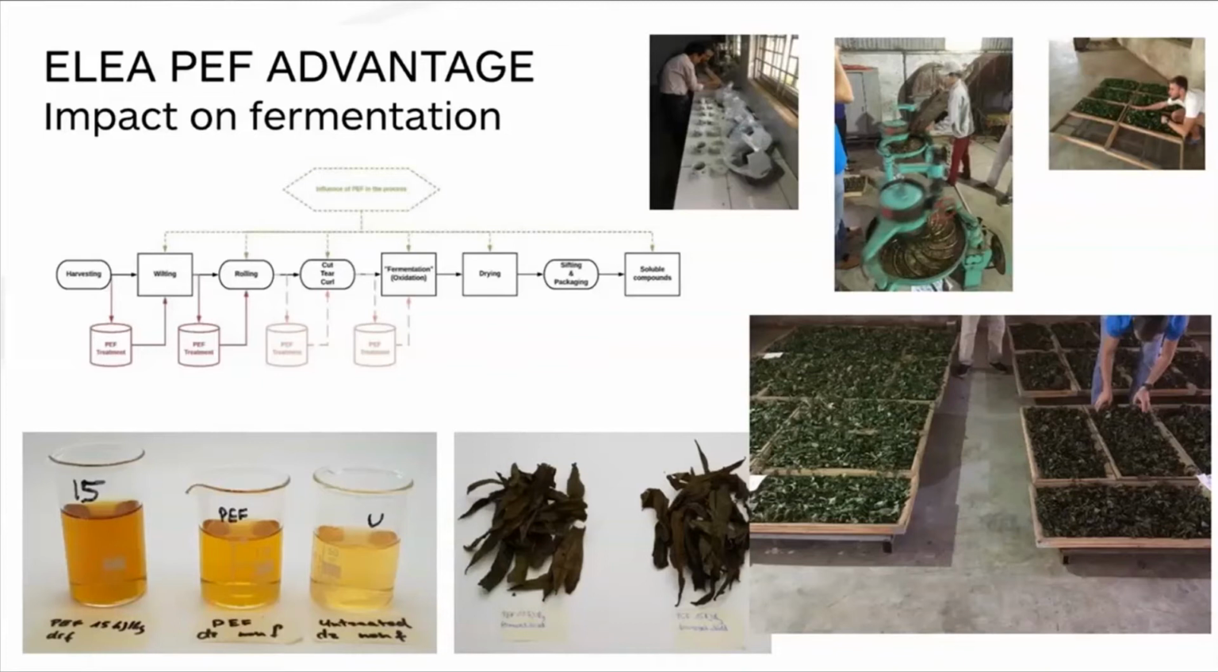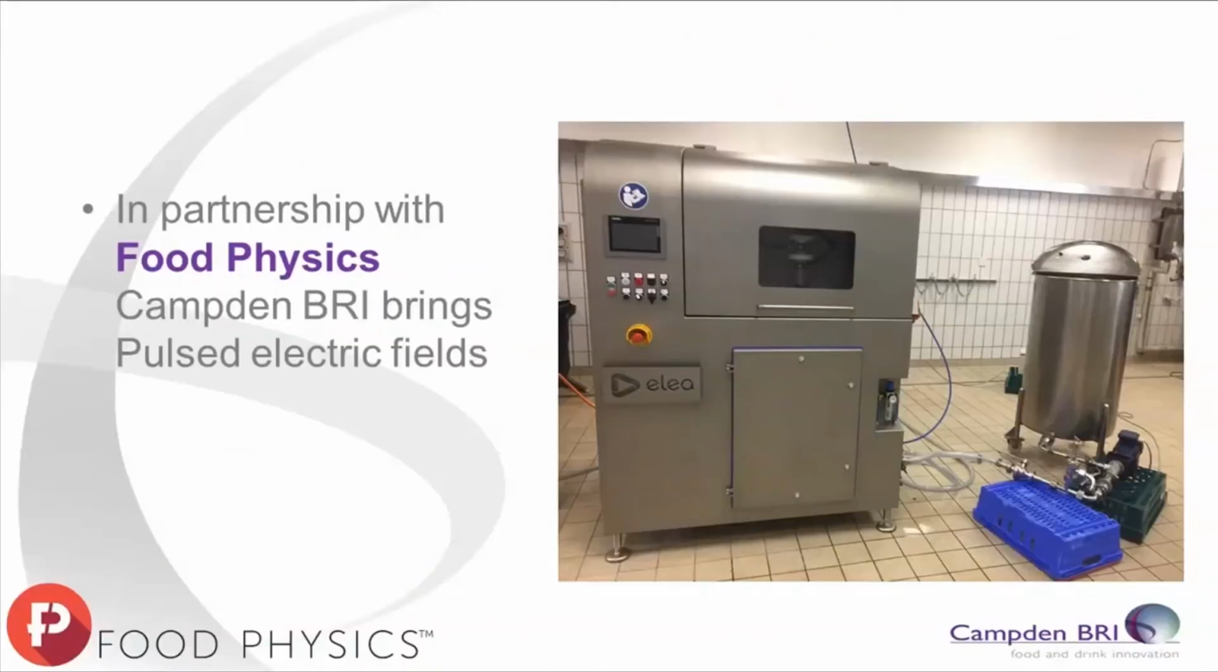So that's the list of the applications I wanted to touch on today. There are a number of other applications, as I've started to allude to, such as improving peeling, and other extraction applications like olive oil where you can get some dramatic improvements. So there are a wide range of applications for the technology by being able to manipulate the structure of some of the tissues. And as I mentioned at the start of the presentation, we are working in partnership with Food